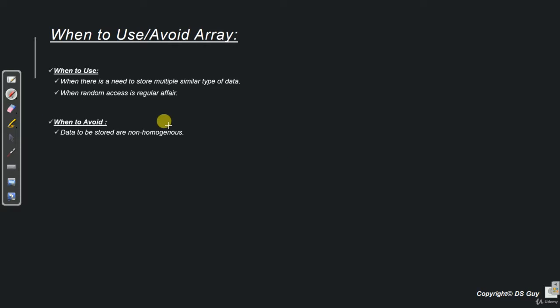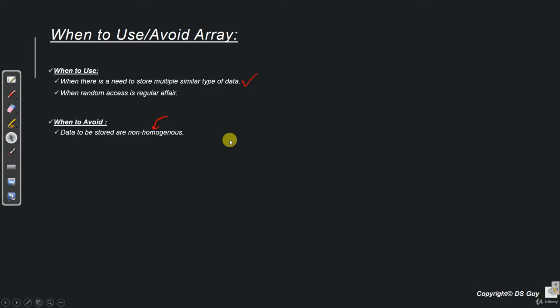Now the biggest limitation of an array is that non-homogeneous, that is non-similar data types cannot be stored in a single array. So this is a byproduct of point number 1 over here. That is, if you want to store, let's say, few integer numbers, few floats and few characters, in that case we can't store all this in a single array. We have to use multiple arrays which is in sync with the data type.